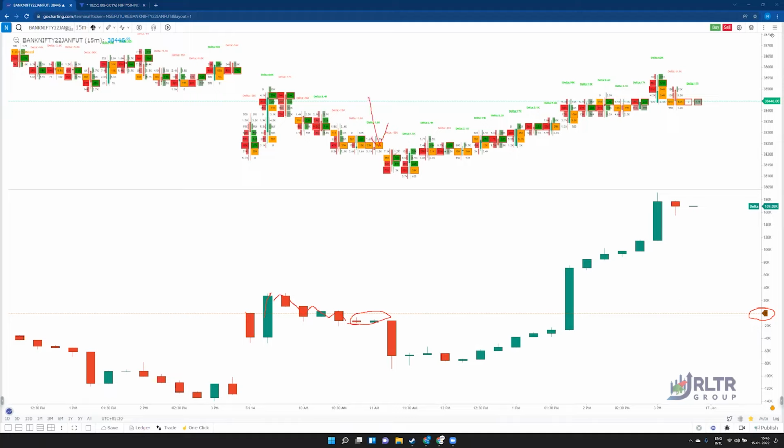Now, what has happened is that this big red candle, once that has been formed, there has not been any follow-up. So what does that mean? That means that this has actually formed a base here. So then you see the market slowly consolidates over here and decently goes ahead and breaks this particular level somewhere around 140. So let's go back to the chart and see what exactly would have happened